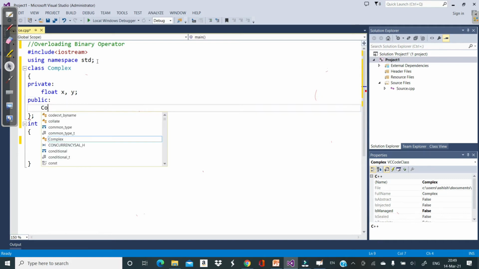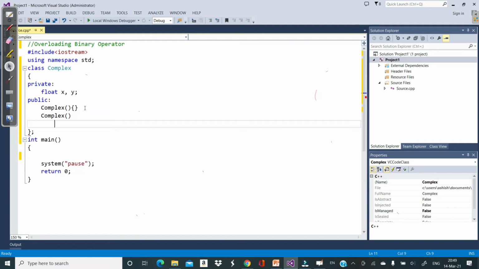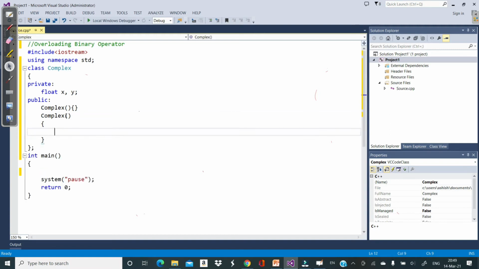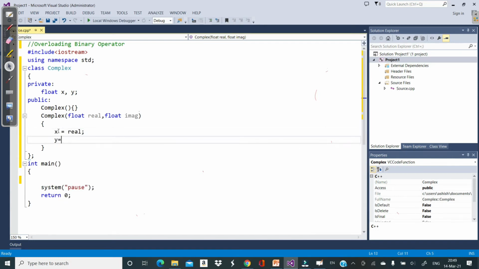So let's say a default constructor, then a parametric constructor. So I should declare some parameters here. Float real, comma, float imaginary, and then x is equal to real and y is equal to imaginary. Fine.